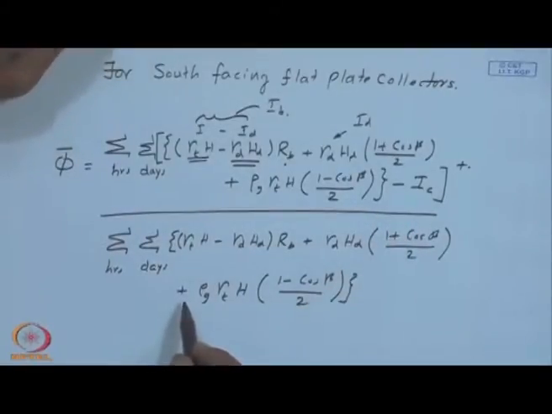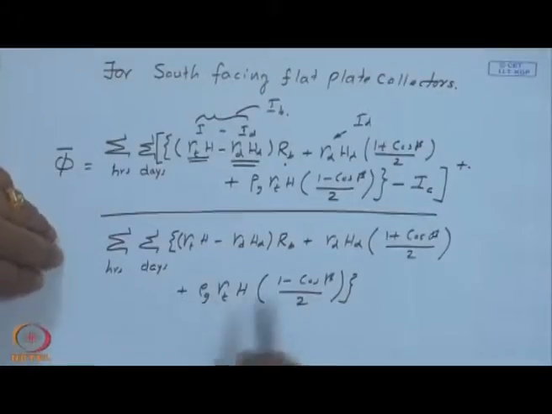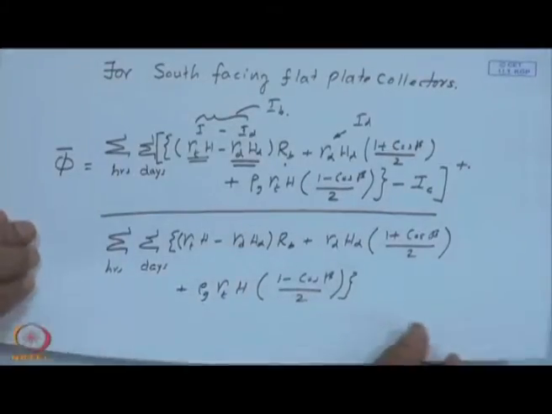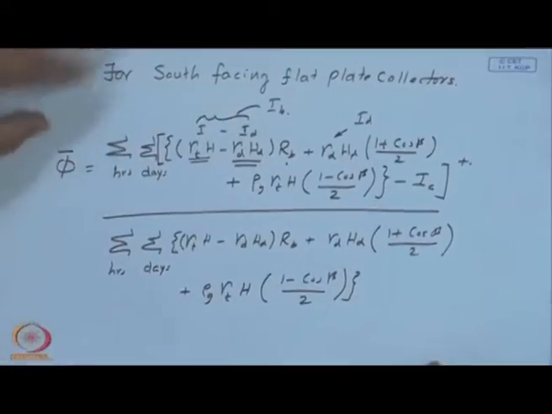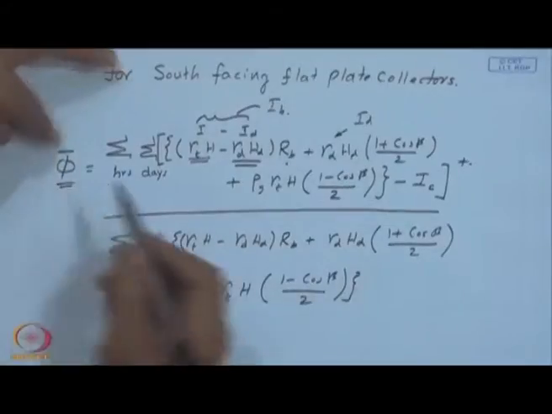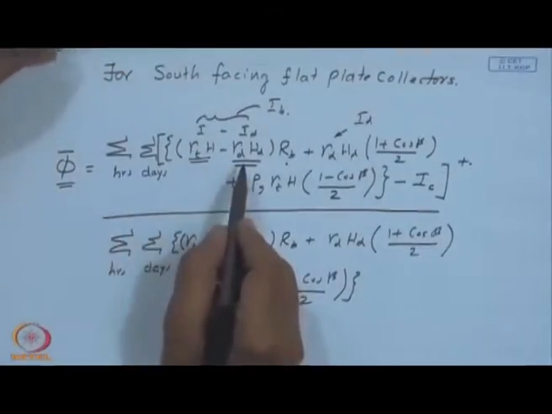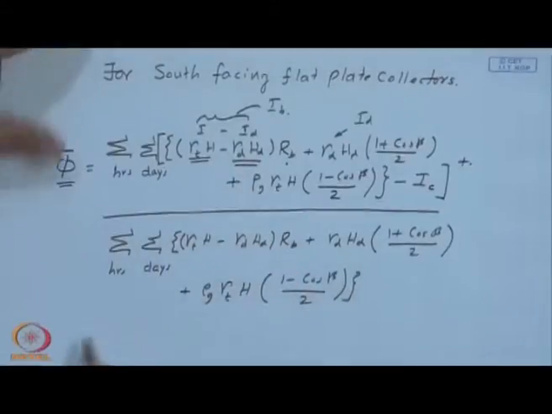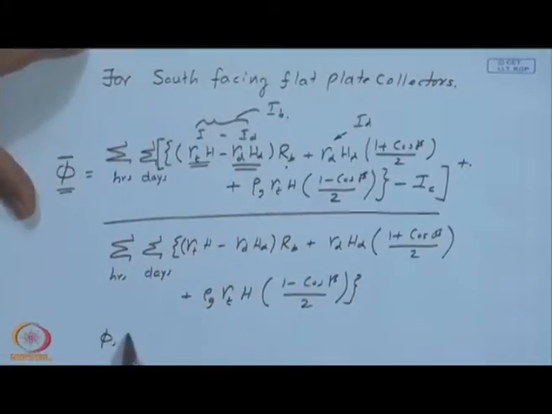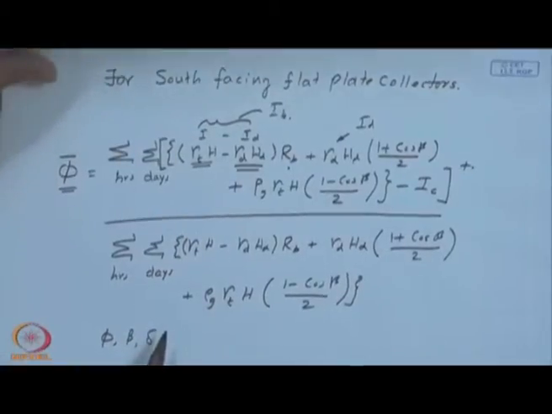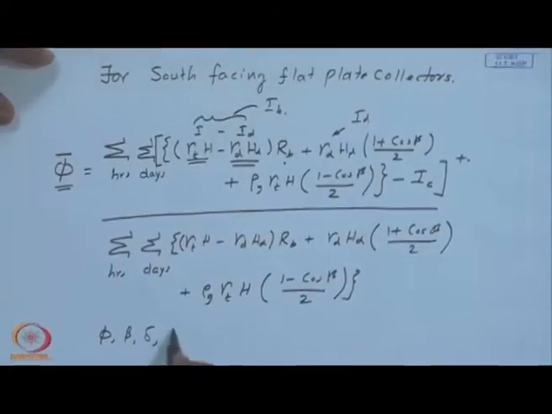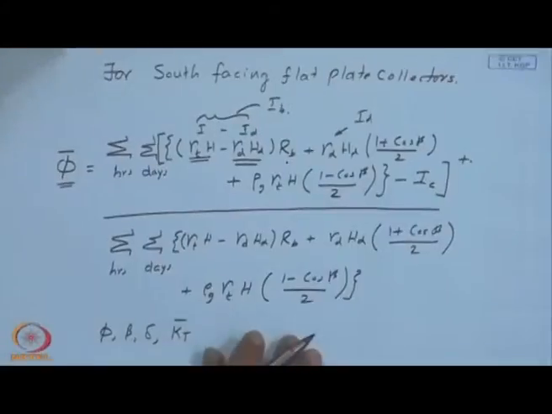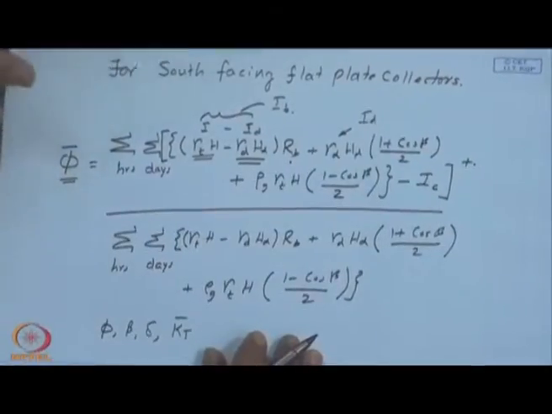The denominator is nothing but the total solar radiation falling on the collector surface over the month, which we calculate each hour. So, in other words, you can generate the monthly average daily utilizability using R t and R d correlations at a number of latitudes, beta and delta, even if you put gamma equal to 0. Okay. So, this will give you a control over phi and of course, different k t bars. So, you can do that and hence develop a correlation.